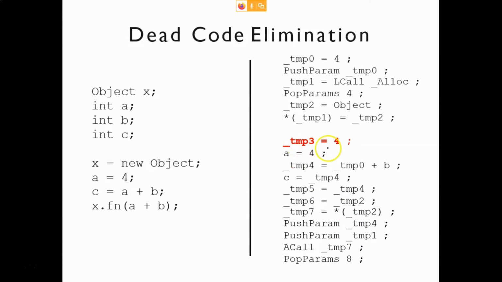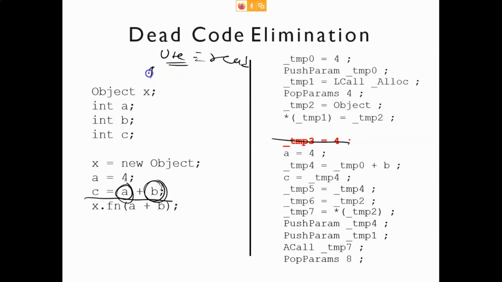So that's why we can eliminate this also. Let me repeat it, maybe the third or fourth time, what "use" means. Here we are using a, here we are using b. In this statement we are not using c. So don't say that in this statement we are using c. No, this is not use. Use means we are reading value a, we are reading value b. Use means basically read.